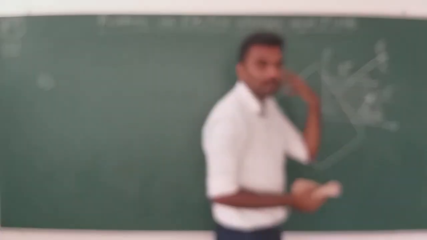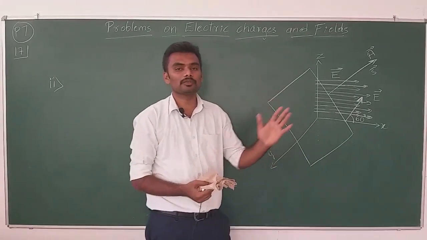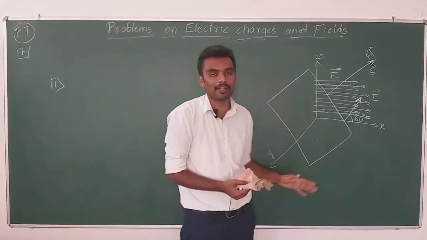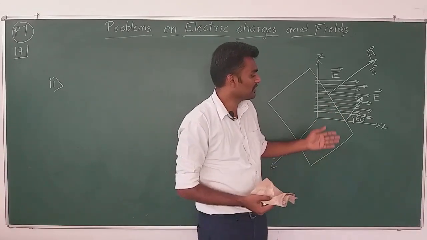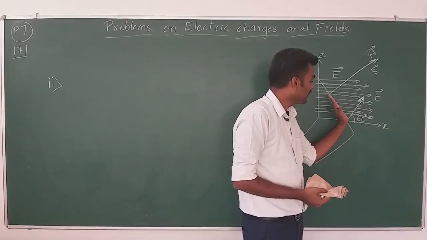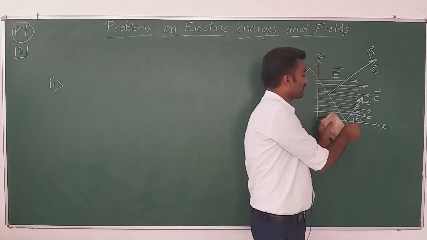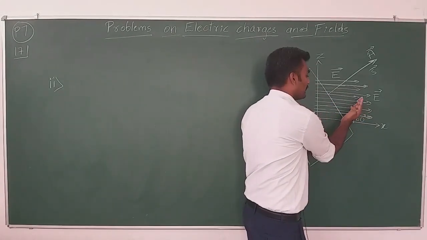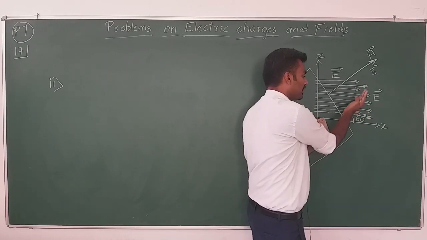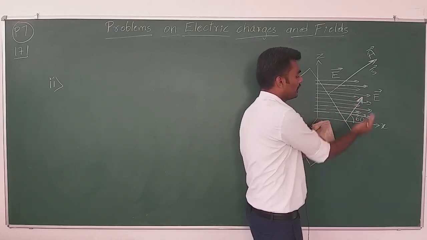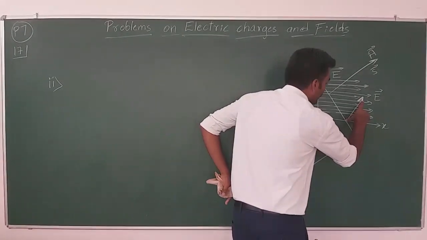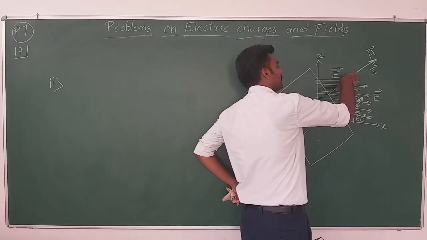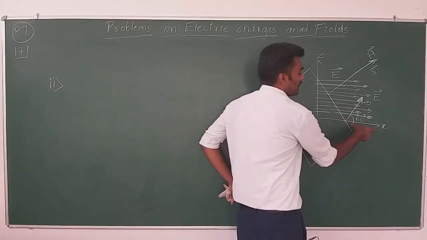So this is how you should picture how the square and the direction of electric field are making an angle of 60 degree with each other. This is how the plane is situated, and it's making 60 degree with the x-axis. The normal of the plane is making 60 degree with the x-axis. Now the normal of the plane is the direction of surface area.